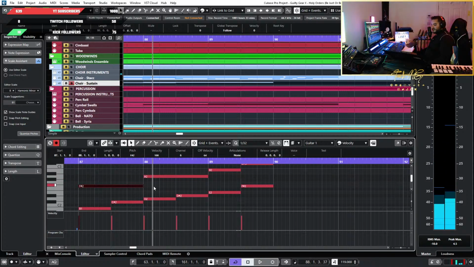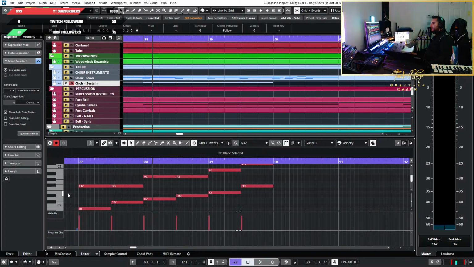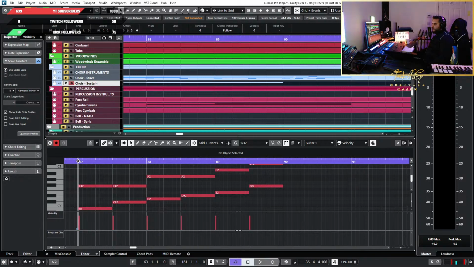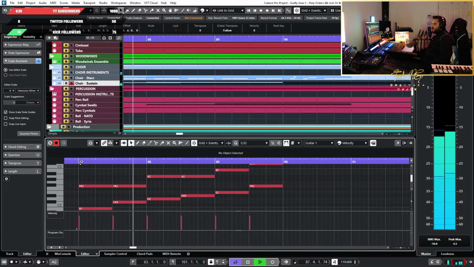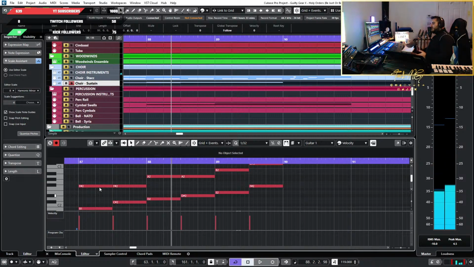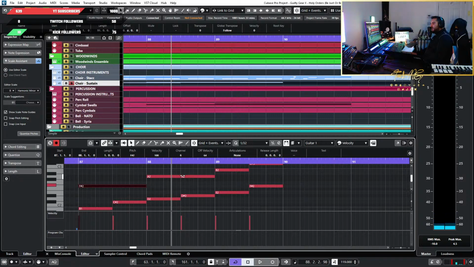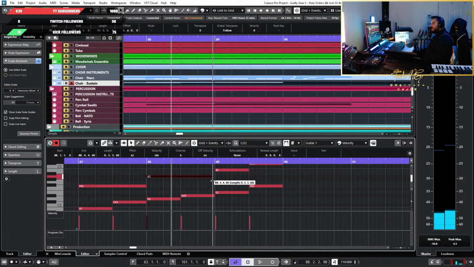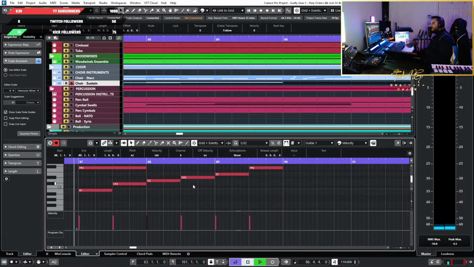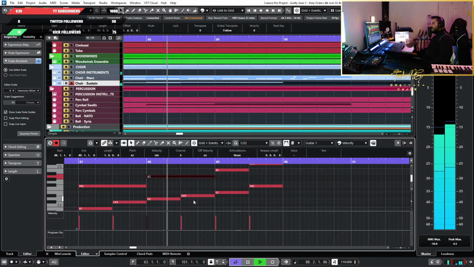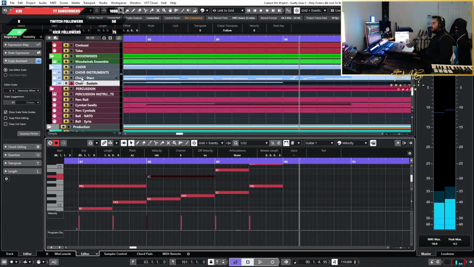Okay, so I fixed that. So there was, well, I mean, you probably heard what was happening. The choir was playing the same note, but then on a different note it was changing. It was creating this effect, which I don't want. I want more of a sustained effect. So if you delete this and extend it, and if you delete this and extend it, you'll end up with this. And then obviously you'll go to